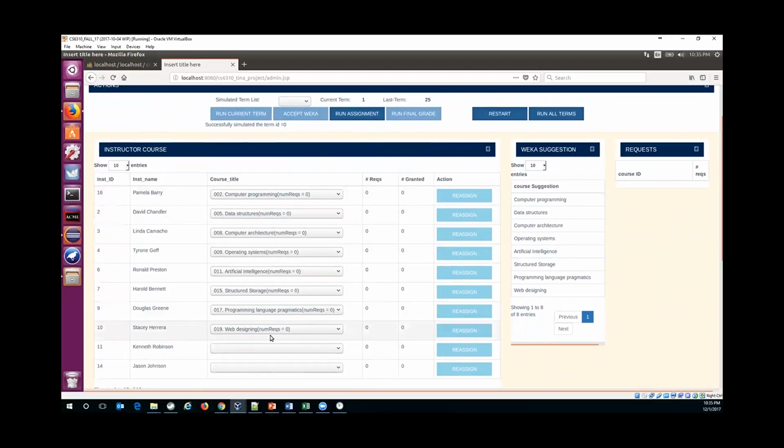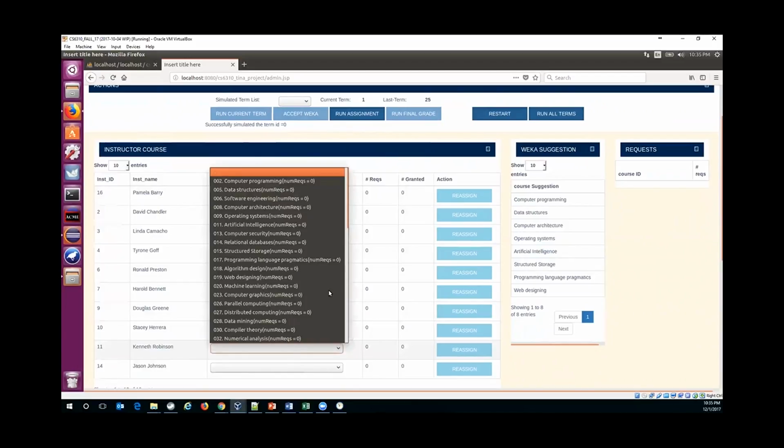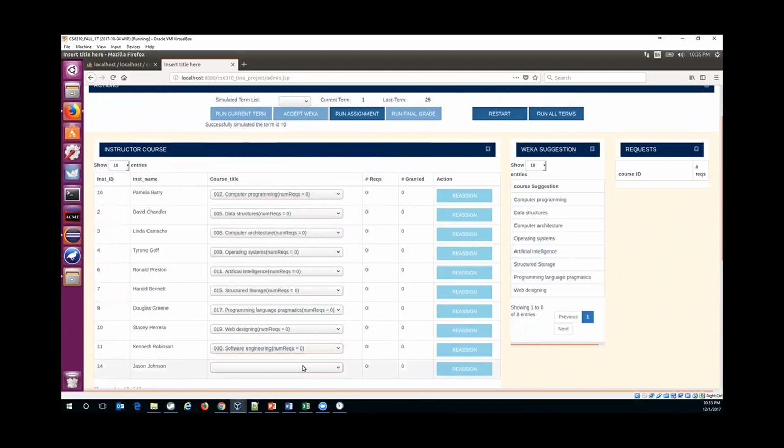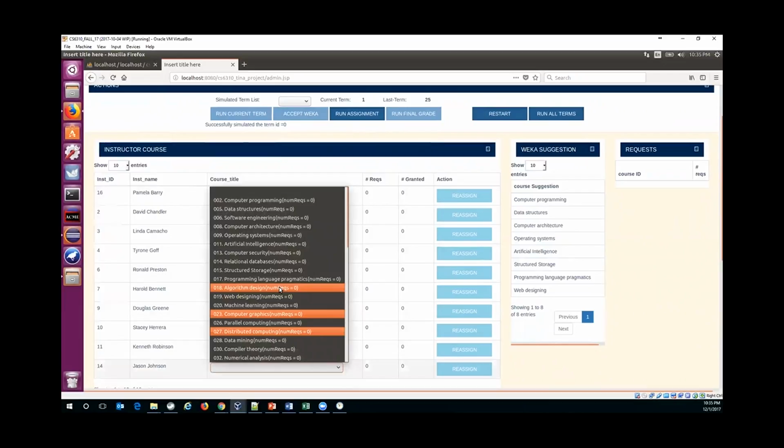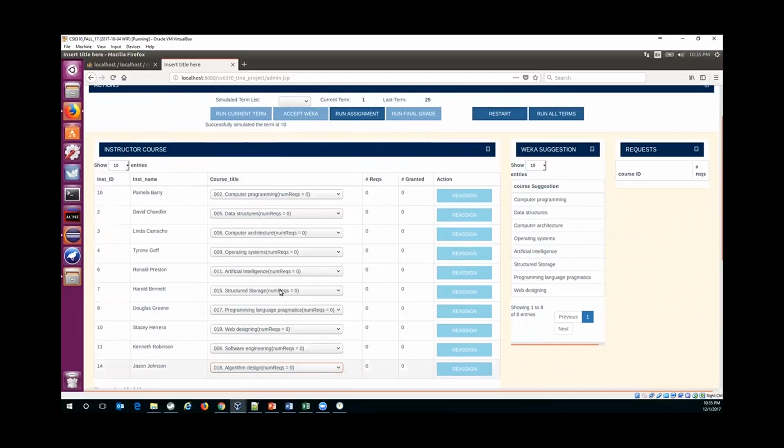And so those 8 courses are here. That leaves 2 courses here, so I would also add in 2 courses that I believe make sense to add in. And then I'll run the assignment,